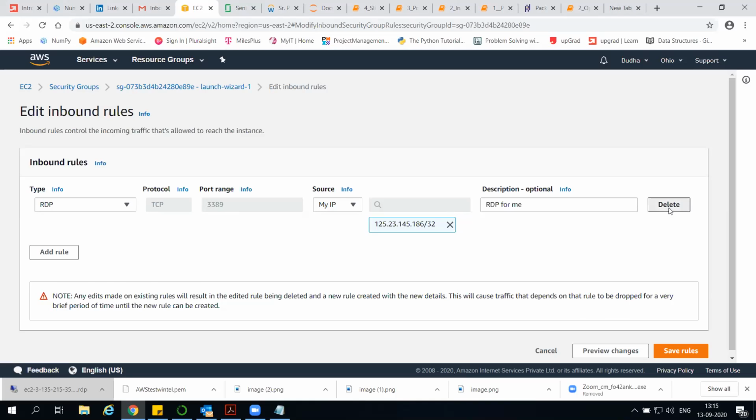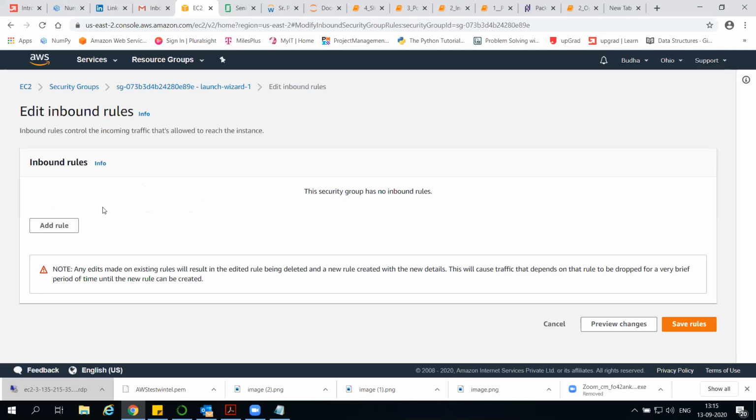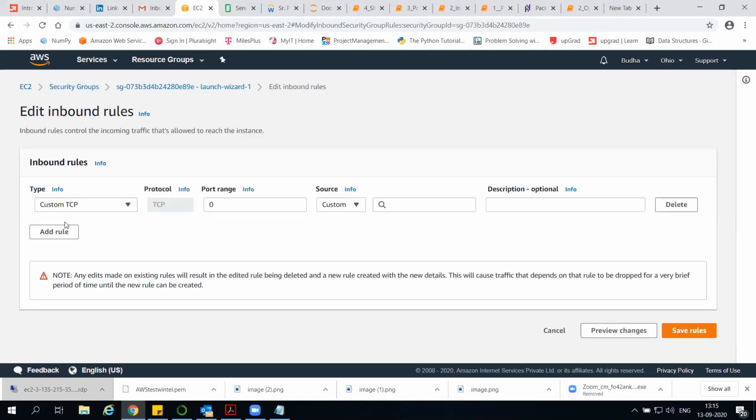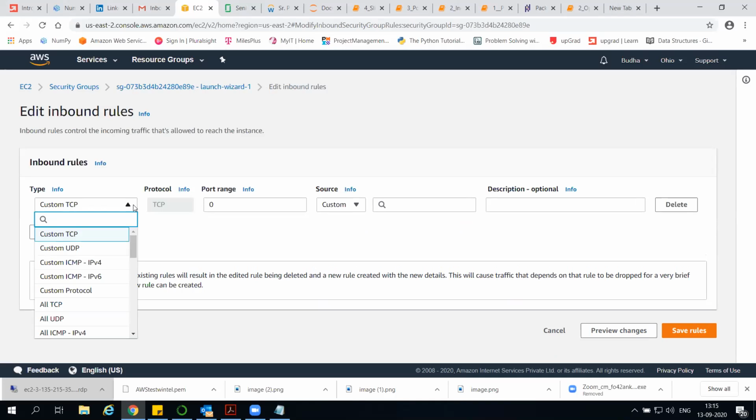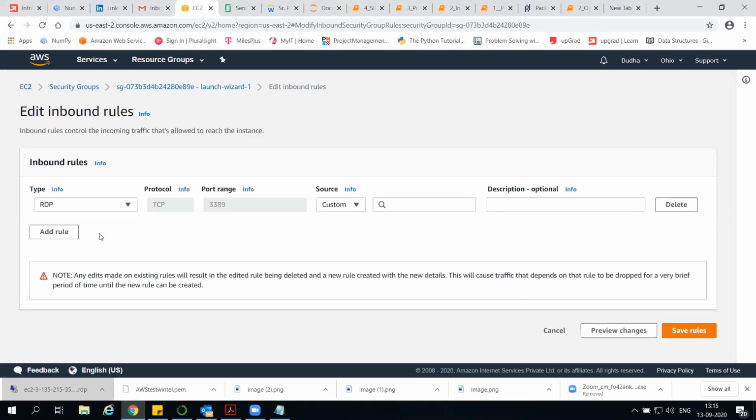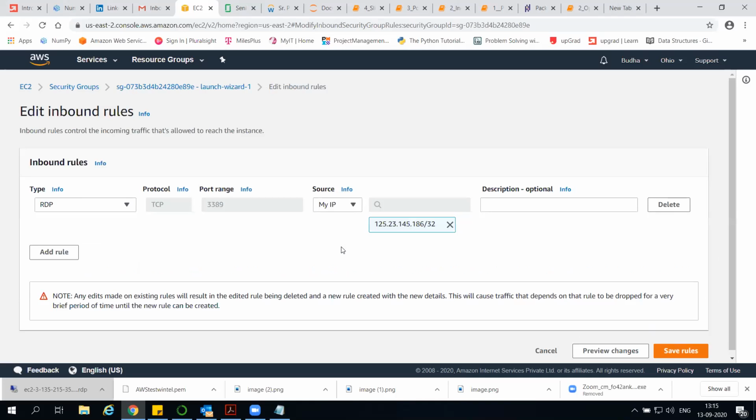Just add rule. You see the same IP is coming. Type RDP, choose RDP. Okay, click My IP. Same thing, I guess. Okay, say save rules. No need to type anything. You just save rules.